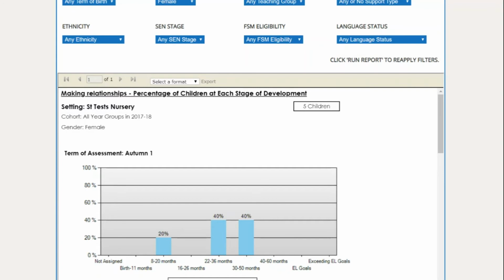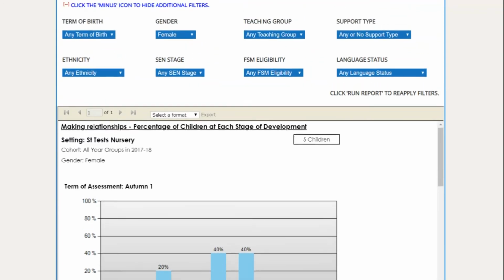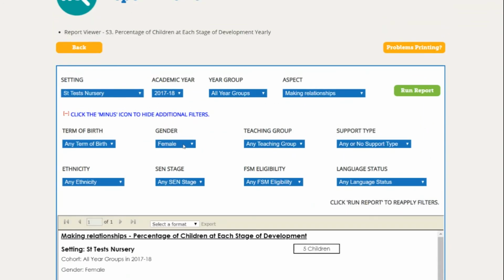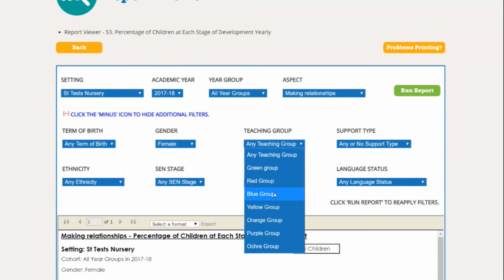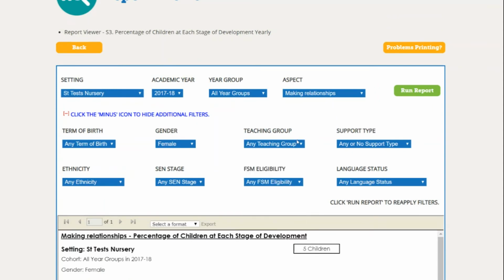band. I can also combine filters together, so if I wanted to look at girls in a particular teaching group, for example, I could do that, or I might want to look at particular ethnic groups. Obviously the thing around combining groups is you have to be careful about how many children you've got. The report will show you how many children you've got, so I can see for my female cohort I've only